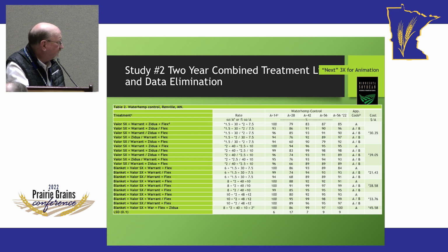Then he changed the rate of the Valor, changed his rate sums. Then he looked at Blanket, Valor, Warrant, FlexStar. Again, at planting and post-plant, broke it down the same way, and then changed his rate of his herbicides. When you look at this,